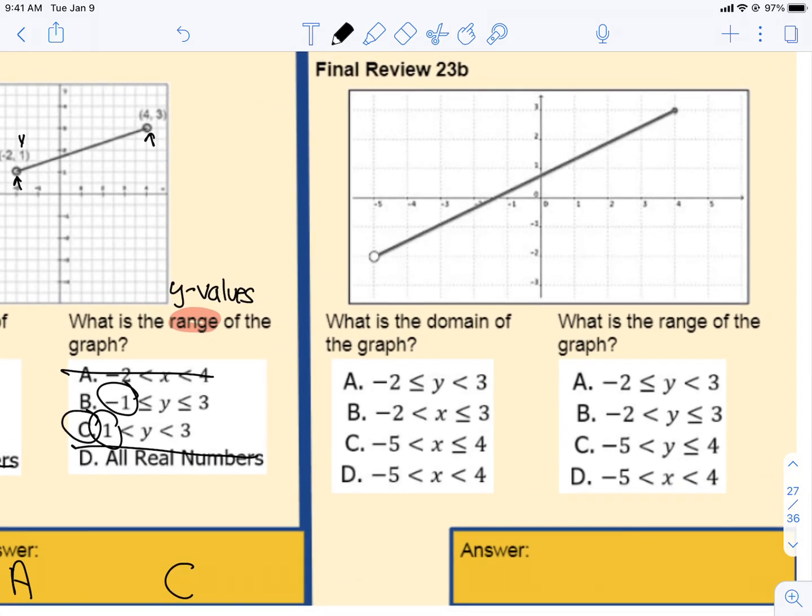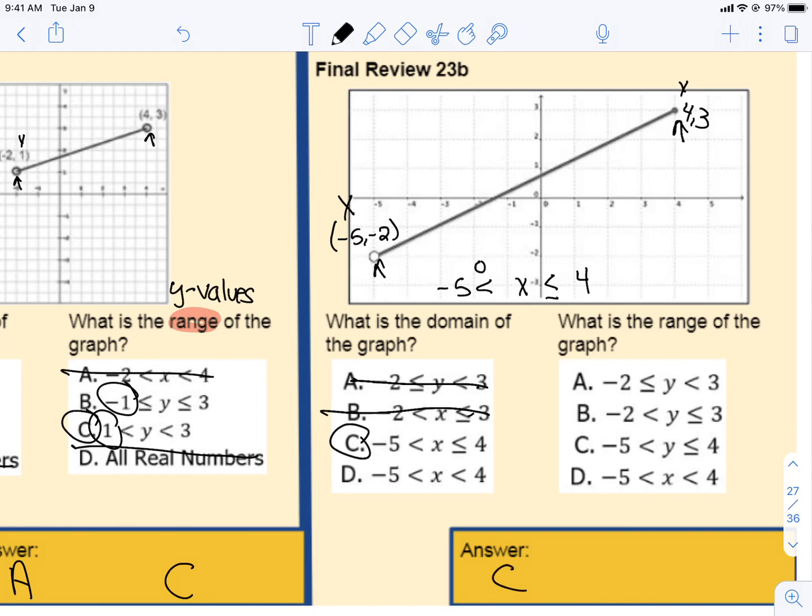Looking at the next one. Again, domain is our x values, range is our y values. So looking at my answer choices, I can eliminate the answer choice with y for the domain. Now I just need to double check the points. The first point is -5, -2. And the second point is 4, 3. I do have an open circle and I do have a closed circle. That's important to notice. I'm talking about the x values for the domain. So it looks like I have -5 to 4. Again, open circle, no line, open circle. And if I have a closed circle, it has a line. So looking at my answer choices, I can eliminate B because it's not using the correct values. And I want one with no line, and then the second one to have a line, which is answer choice